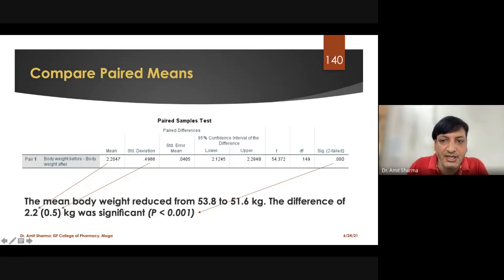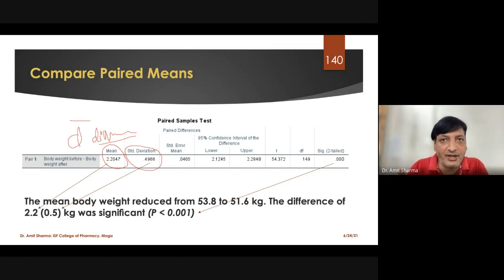Now, what does the paired sample t-test statistics say? First of all, it gives you the value you are looking for, that is, how much the difference is. The software does not use the term difference, it just writes mean. So you have to understand that this is the mean difference coming in the first column, and this is the standard deviation. So this is the mean and SD of D bar.